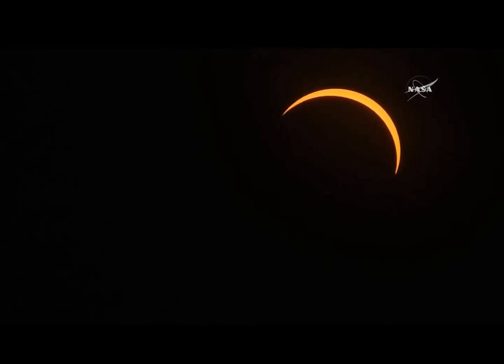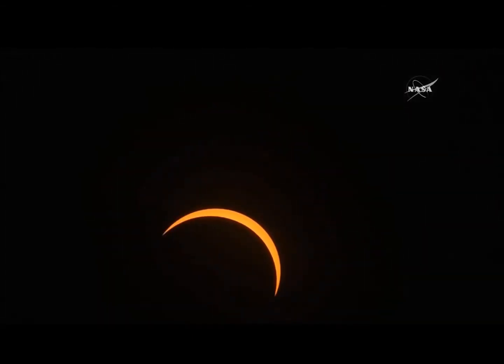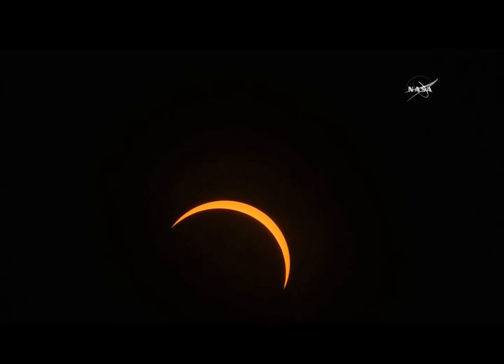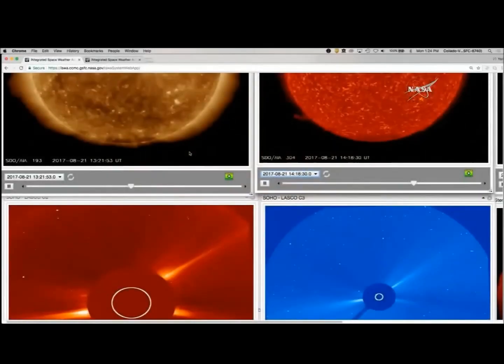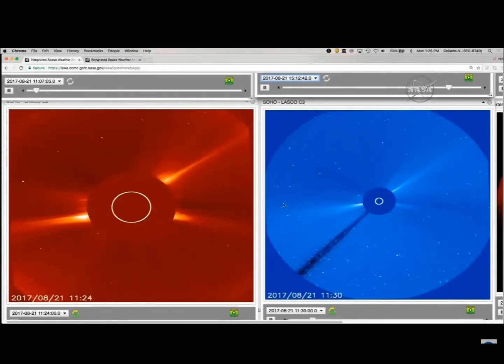Okay, so Gotti, let's talk about space weather. Seeing this, space weather is so important. Let us really understand why. Space weather is pretty much the conditions created outside in space due to the sun. We look at space weather because we want to understand these conditions. If you look at the image you have now, you're going to see the SDO image, the Solar Dynamics Observatory. That's where we actually look for the source of space weather, where the solar flares and the coronal mass ejections originate from. When we look at SDO images, we also have to look at artificial eclipses, like the one you're looking at online now. These are actually from the